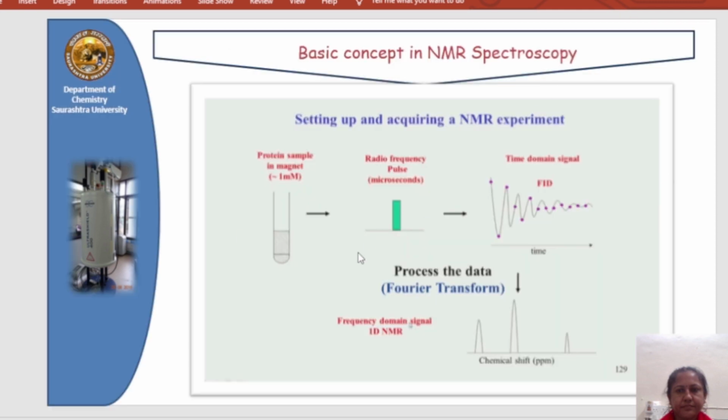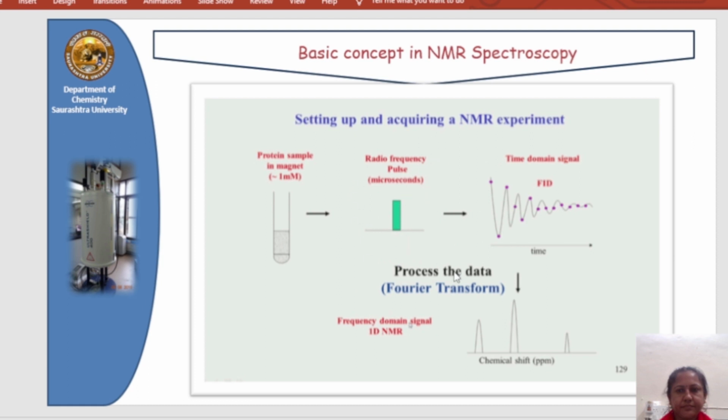Now here you see the slide. You can see the entire process of acquiring an NMR spectrum. The first step is sample preparation. You can take any solvent and prepare a solution without undissolved particles, because any undissolved particle creates resistance. Now insert into the magnet and wait for some time, which is known as the preparation delay, also known as T1. This time is necessary for equilibrium, the distribution of population at different energy levels, and then after equilibrium you apply the 90-degree pulse. This is the excitation step.